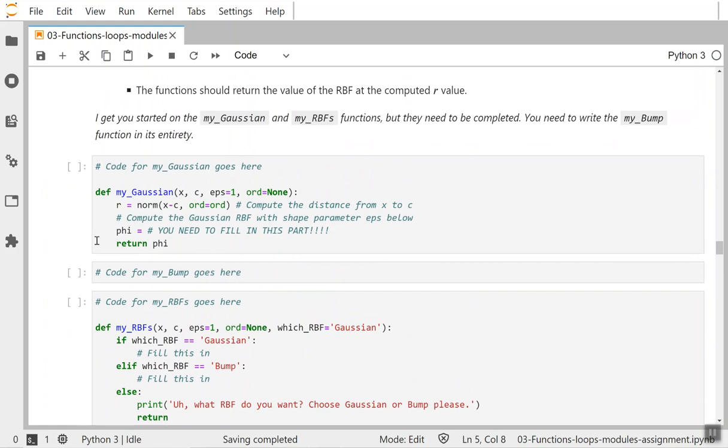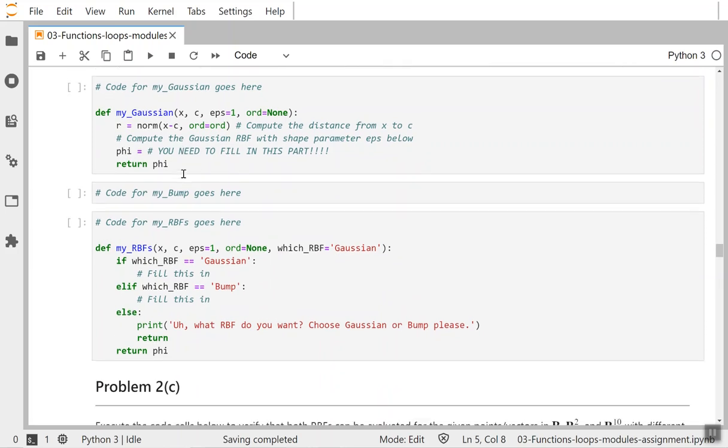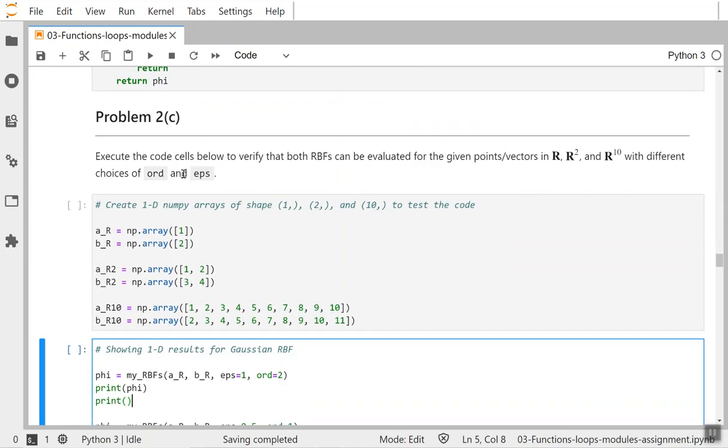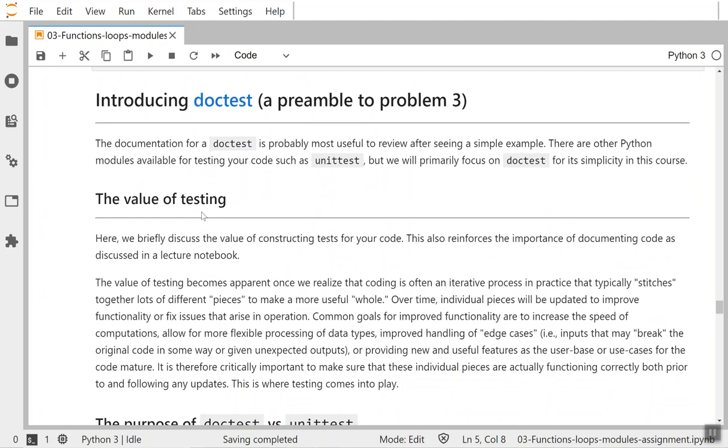The correctness of this code is judged independently by itself, but hopefully there's a way for you to figure out how to test if they're correct on your own using some simple inputs for you to verify that the outputs are correct. We then move on to the final part of the assignment, which then looks at using Doctest in